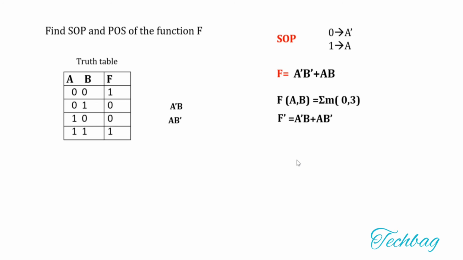If you want to write a sum of product expression for any function that is in true form, you have to check the input combinations for which f is equal to 1, and using those input combinations you can write a sum of product. That input combination is represented by a min term, and you have to take a logical sum of those min terms to get the sum of product expression. If you are writing the expression in complement form, you have to check the input combinations for which that function becomes 0. So here also you have to find the corresponding min terms and take a logical sum of them to get the sum of product expression of that f dash.